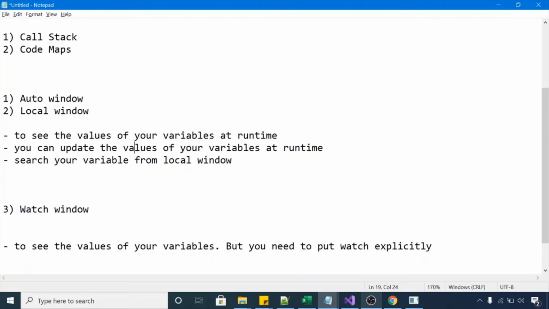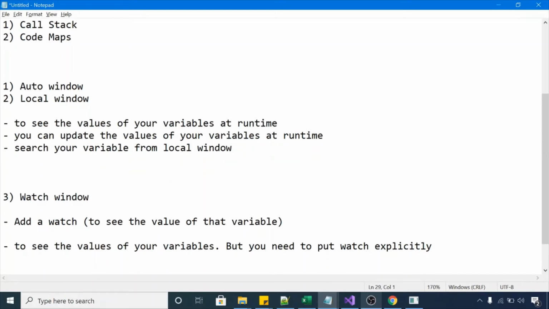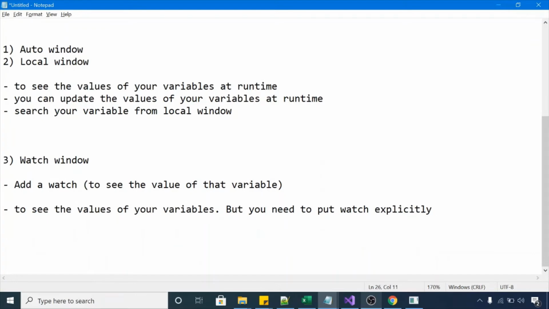But in the case of a watch window, you need to add a watch to a particular variable to see the value of that variable. I will show you practically how to add a watch to any variable. The benefit of a watch window is to see the values of your variables or expressions.